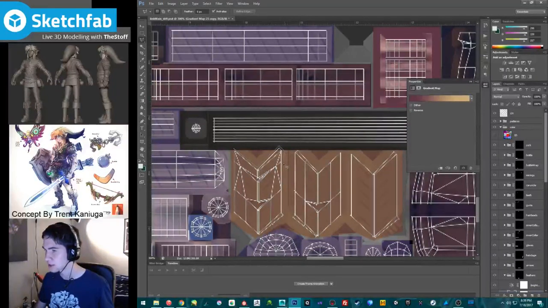Oh, I just realized that I have the color on the feather of this piece up here. Gonna have to fix that. Whoops, what am I doing? Man, my mind is everywhere today.